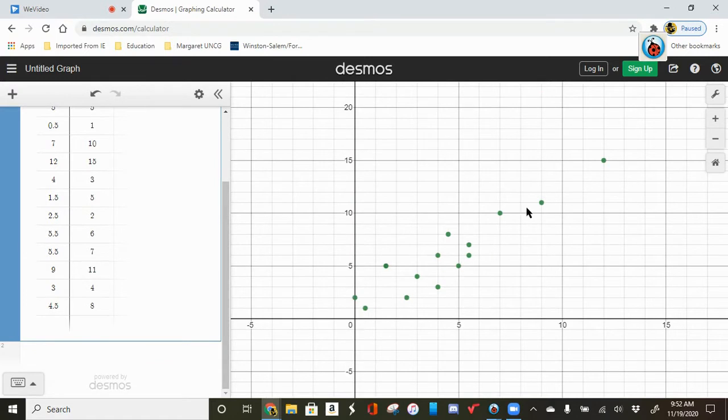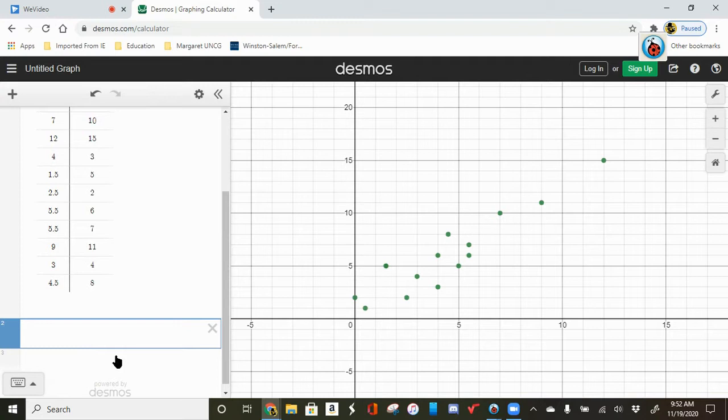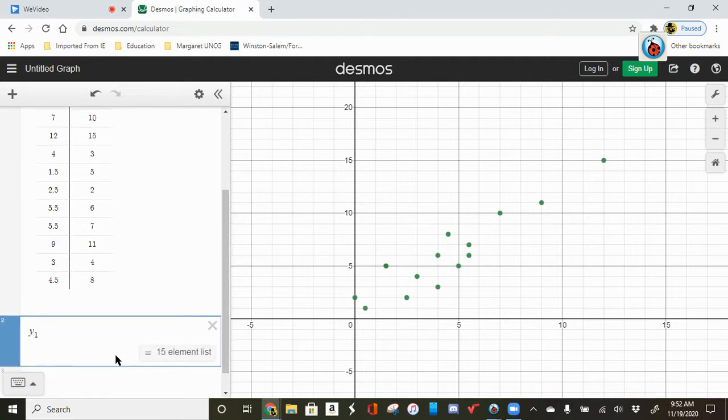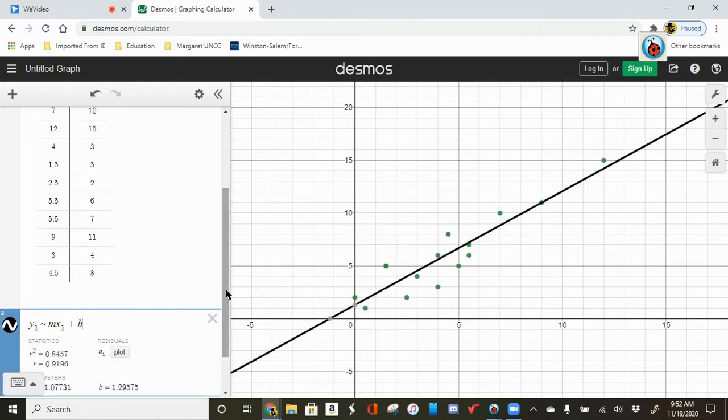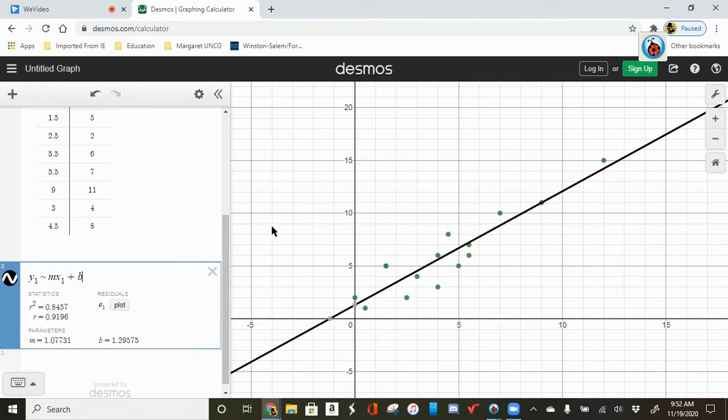And there you go. There's your points. Then I'll go ahead and click in the linear regression equation. And I want to show you these numbers here. Okay, so right now you see that I have a bunch of numbers here. There's going to come, and then we're going to have some questions after it. All right, so now that I know what the